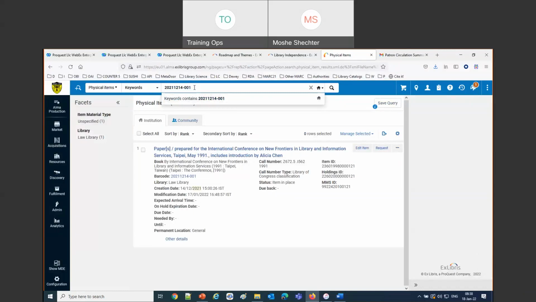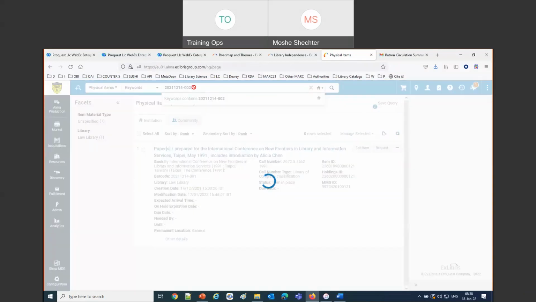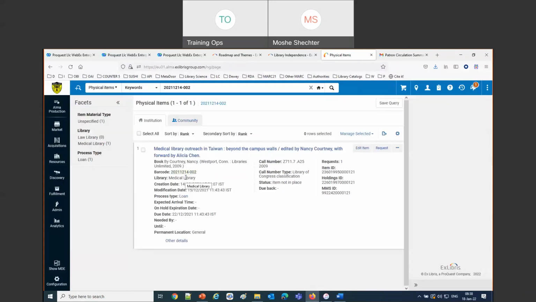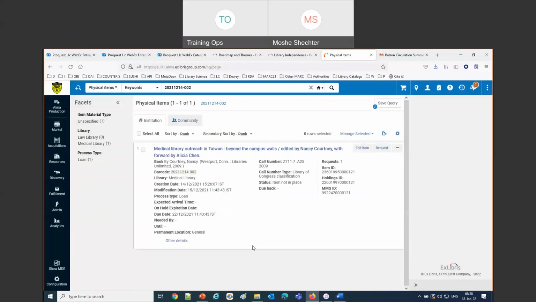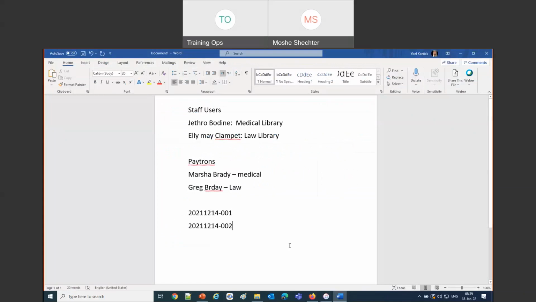This barcode with a 2 at the end is in the medical library. If I try to loan, let me put that down here so we're all focused. We have that barcode and we have that barcode. And the one that ends in 2 is in the medical library. And this is in the law library.